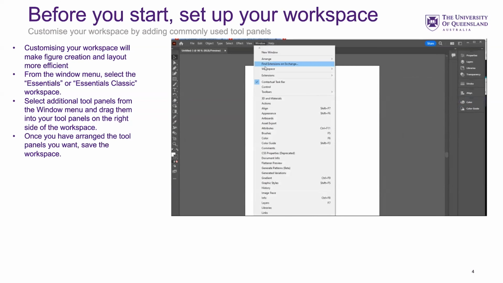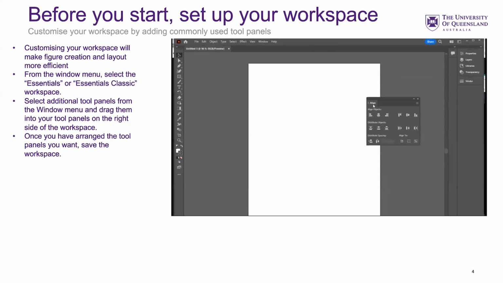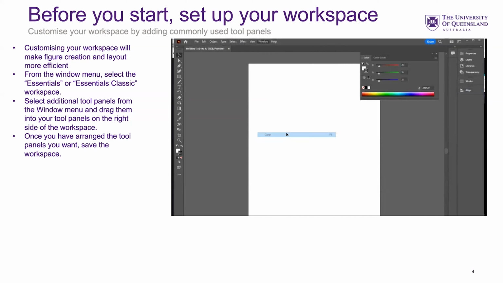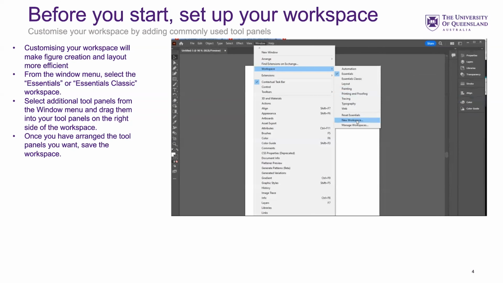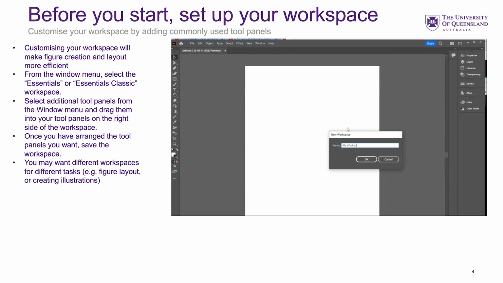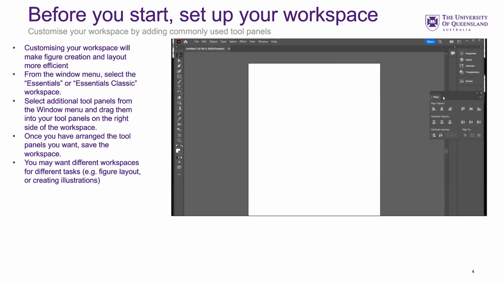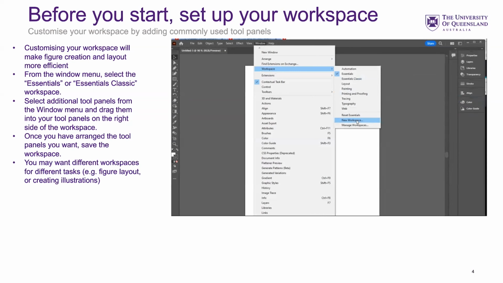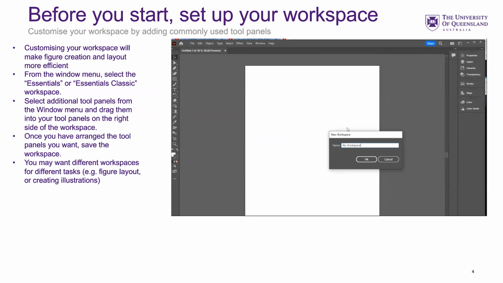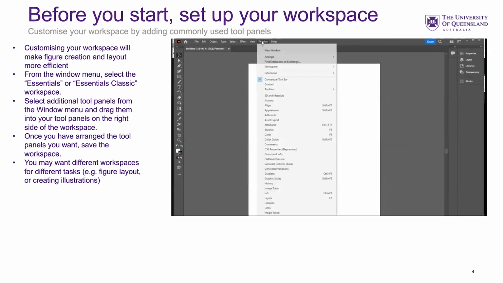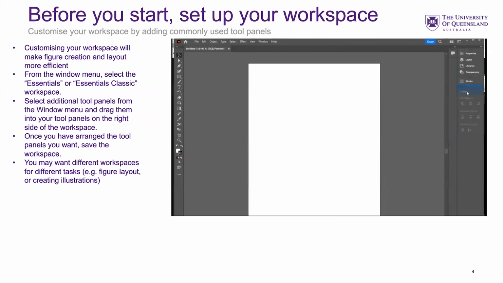And as Nick said, you can load that workspace up anytime you open the application. If you happen to turn one of those panels off or close it, you can reset the workspace and bring it back again. It may be worth having different workspaces depending on the type of work you're doing. So the types of tools you might use for laying your figure out and arranging it might be different to the sort of tools you're going to use if you were developing some graphical artwork. And so you can have different workspaces depending on the tasks you're